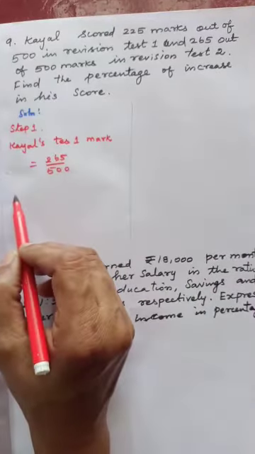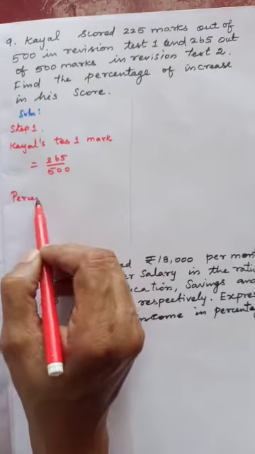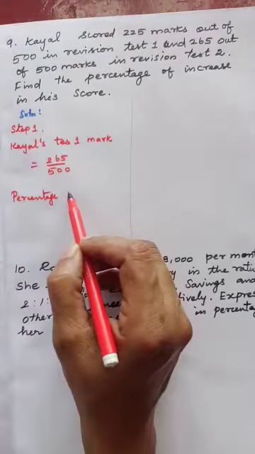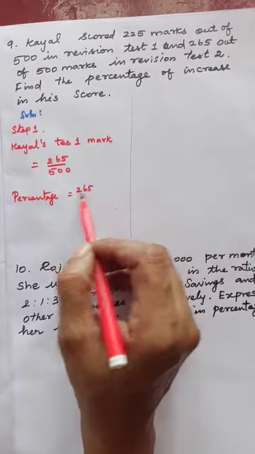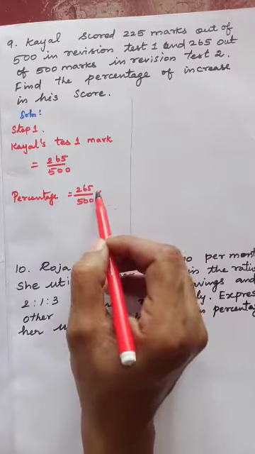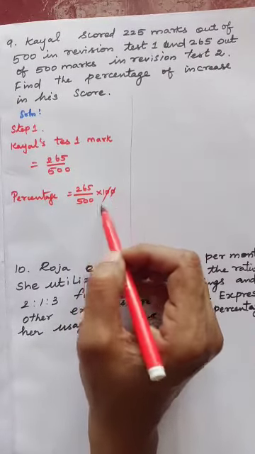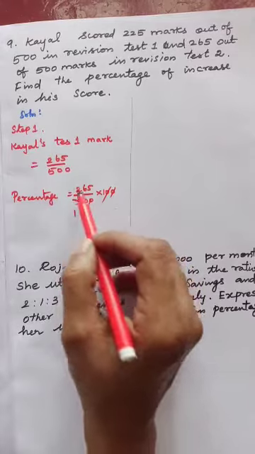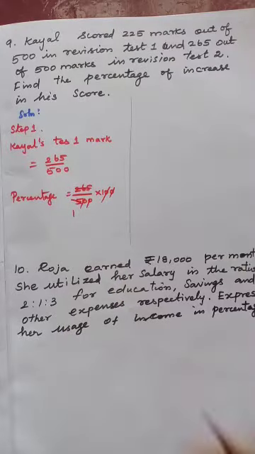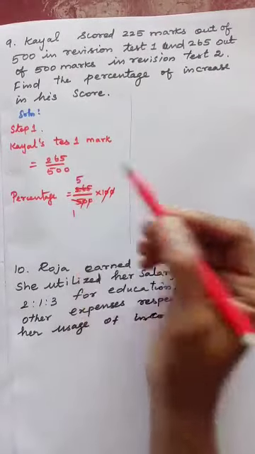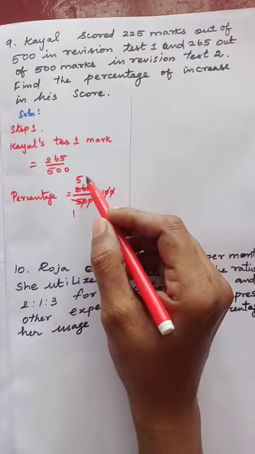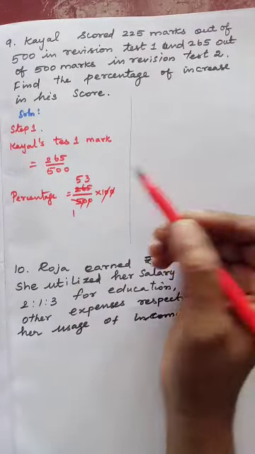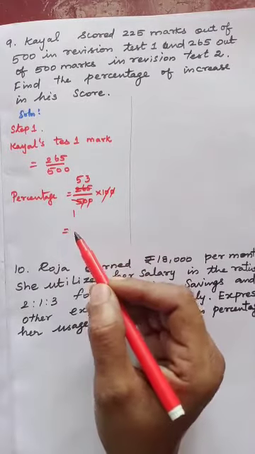So percentage is equal to 265 by 500 into 100. Now you cancel 2 zeros. 1 5 is 5. 5 5s are 25, remainder 1. 5 3s are 15. So the percentage is